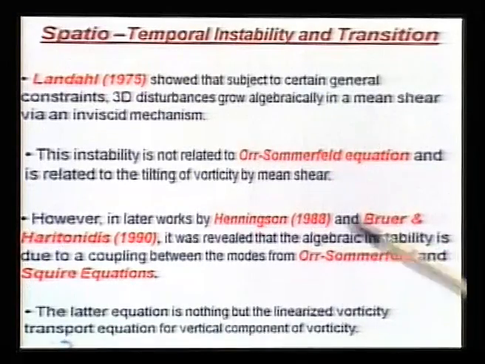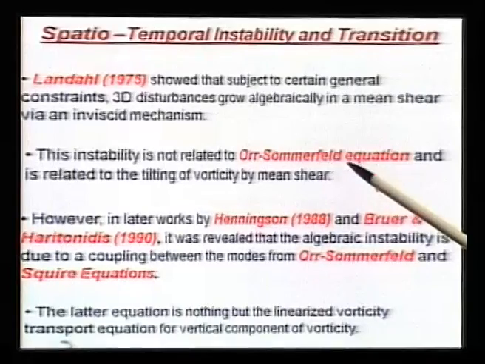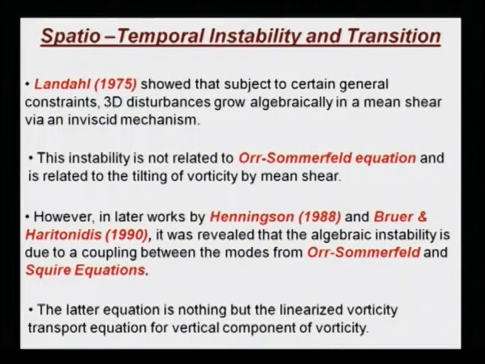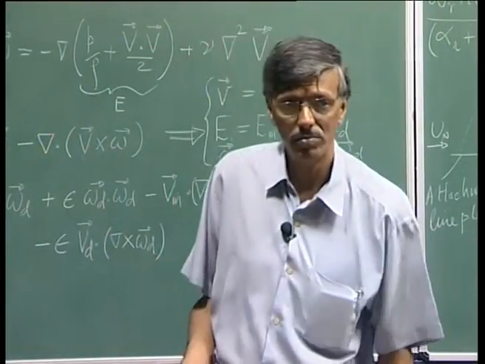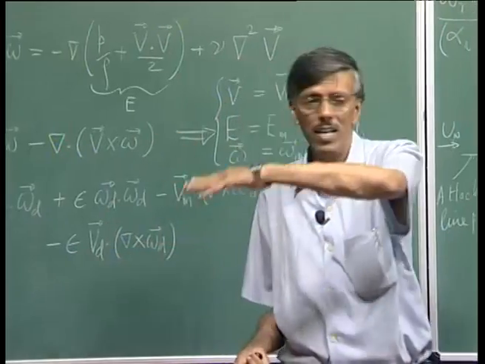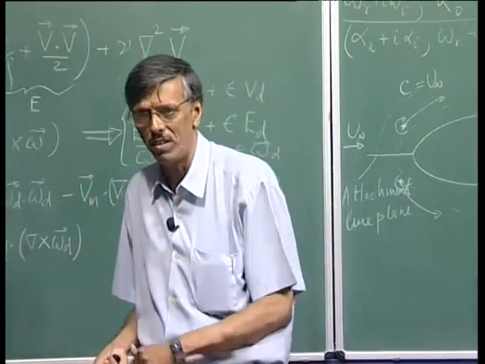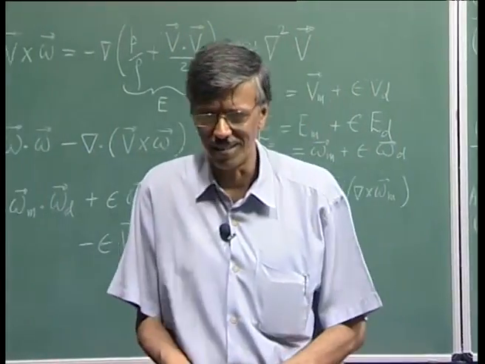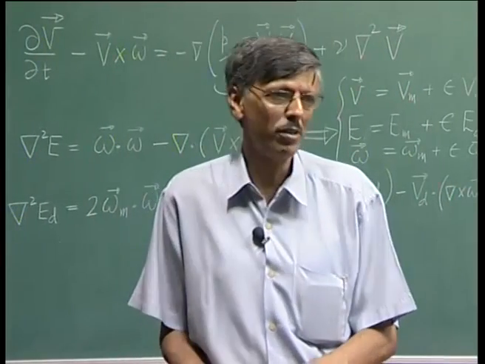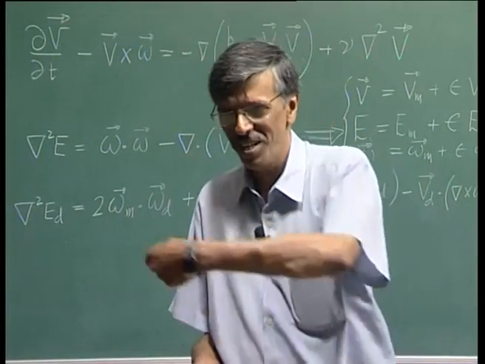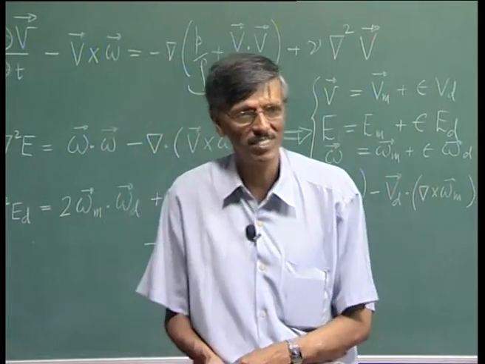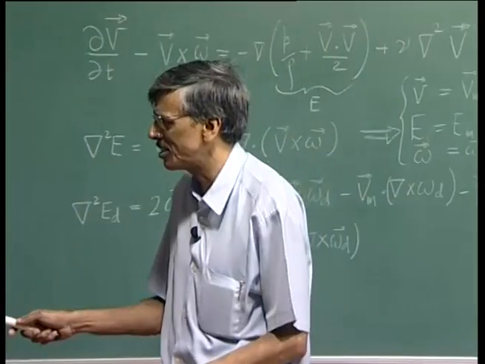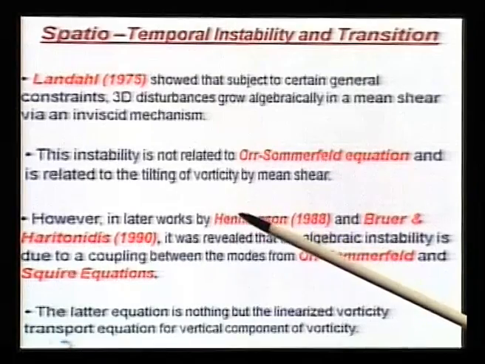proposed by Landahl, and what he said is that this is not related to the Orr-Sommerfeld equation. This is related to tilting of the vorticity vector by the mean flow itself. So, this is some sort of a lifting mechanism of the vorticity field. Now, does it not ring a bell? What we did with vortex-induced instability, we were trying to lift the shear layer, right? So, we did see some such thing already in action. In later work,